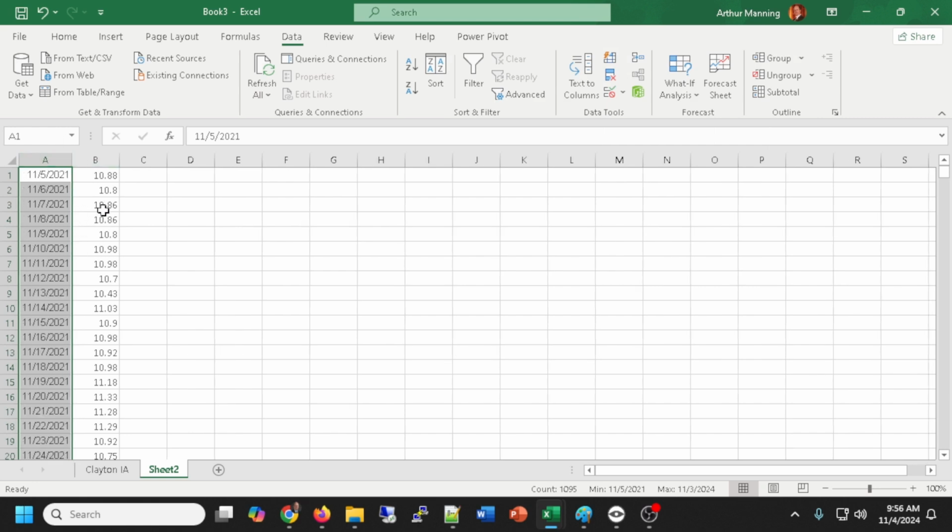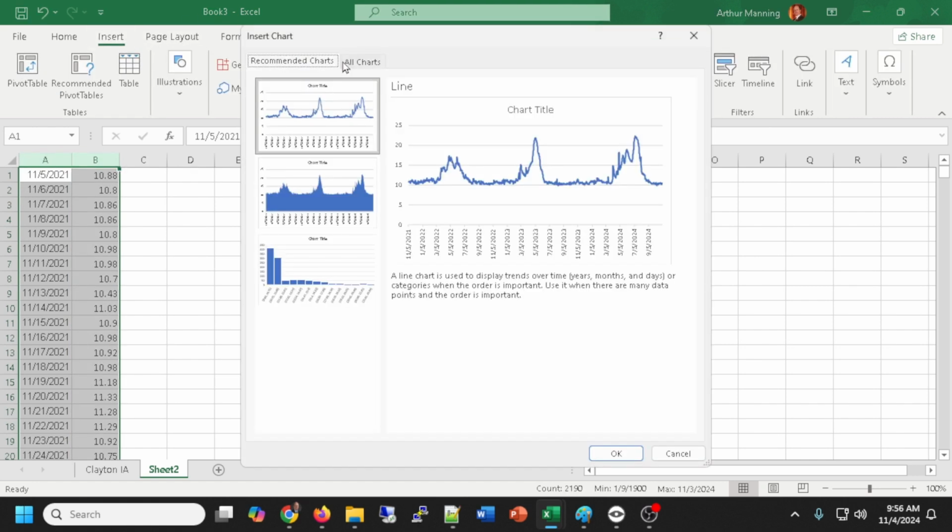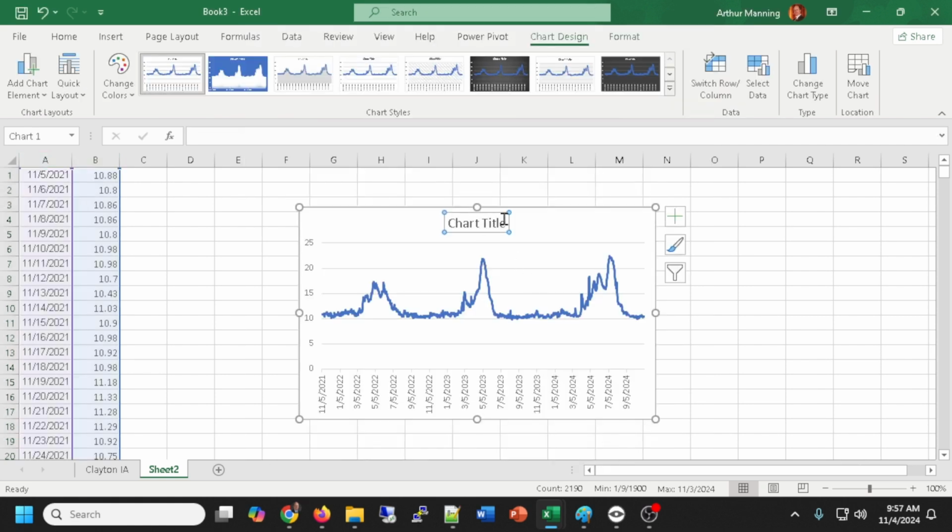Let's do that same graph. Select through both columns. Insert. Let's see what chart it recommends. Yep, it recommends a line chart. And notice, even though I didn't give it column headings, I didn't add the row, it just gives me a generic title now. That's fine. I can always change that to be Hannibal or river data, river height